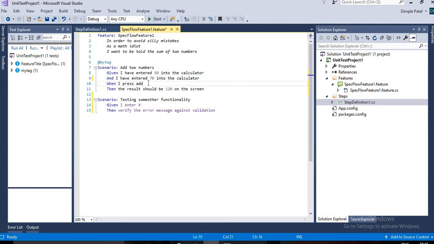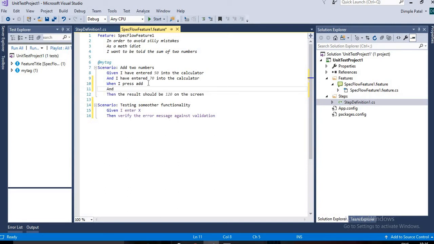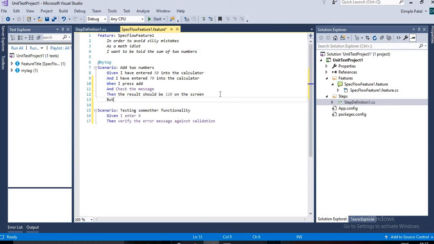I press add. Suppose you want to verify and check the message. Suppose this is not related to the calculator, but we are just writing it. So the And keyword can be used with any of Given, When, and Then. Suppose the above statement is a When, then we can continue with an And statement. We can also write the result should be 0 after clicking on something else button.